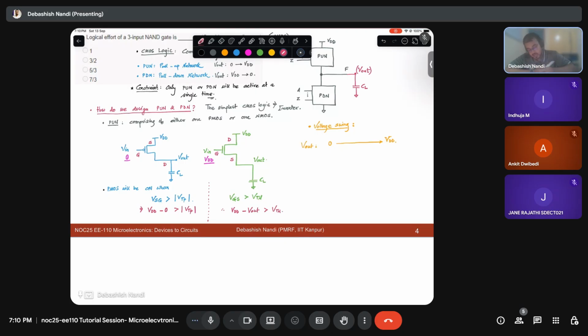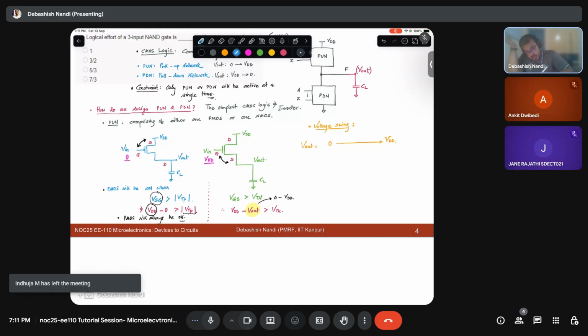Fine. Now what is changing? My this quantity is changing, right? I want this to go from 0 to VDD. In this case, my PMOS will always be on, right? Because I have my VGS equal to VDD and that will always be greater than your VTP. Fine. This potential difference. But in case of NMOS,